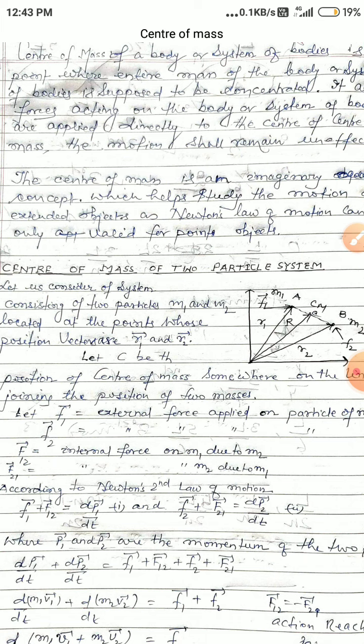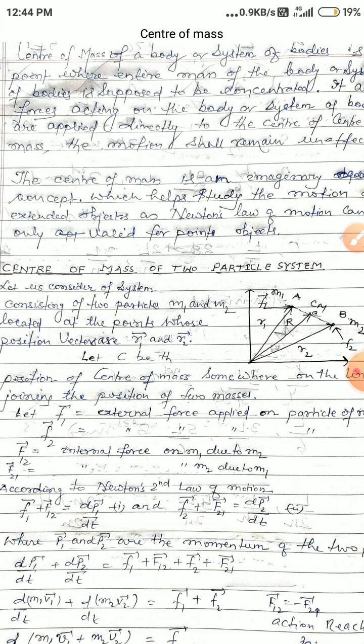If all the forces which were acting on the object are applied to the center of mass, the motion executed by the center of mass is similar to that of the motion executed by the extended object under the action of those forces. Meaning, a study of motion of center of mass under the action of forces is equivalent to the study of motion of the object under the action of those forces.